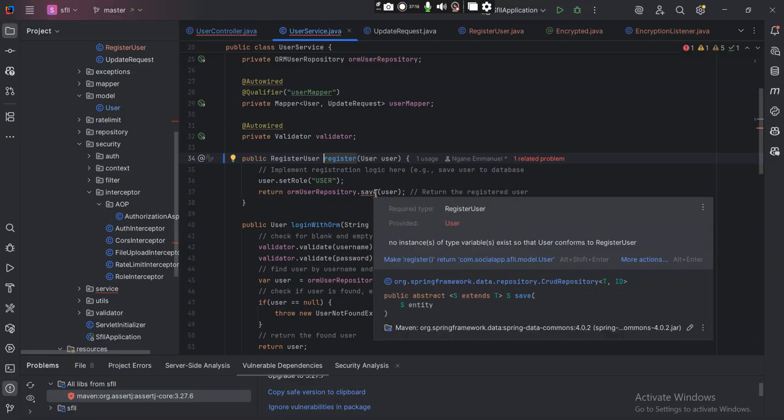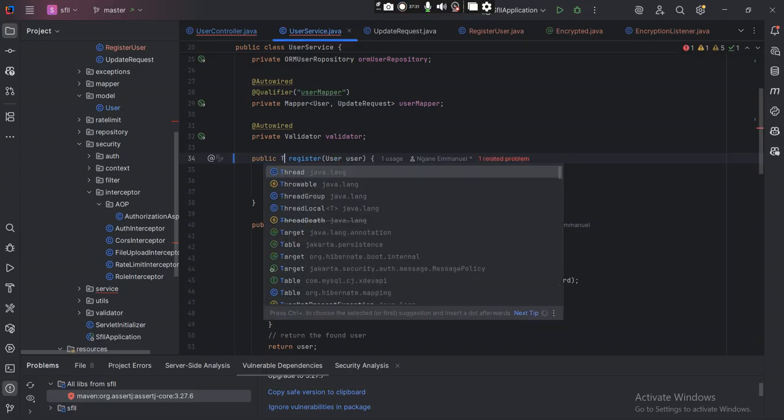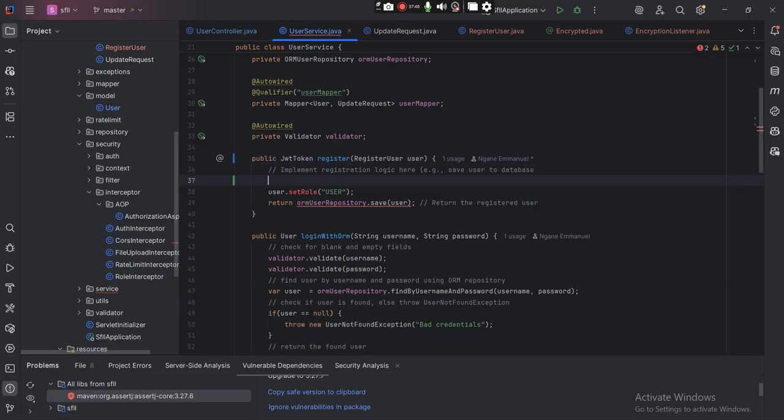So what we have to do is map the user, because this takes the user entity and now we're passing our register user. So no, actually we're supposed to return a JWT token, yeah. And what this is going to take is register user, and yeah. And what this is going to happen, we can have